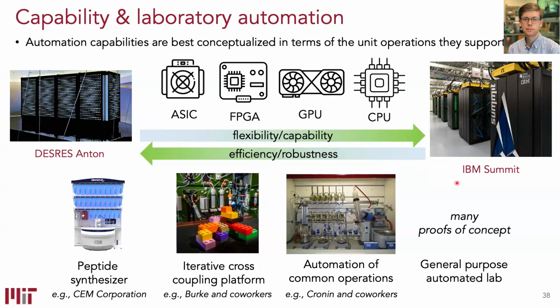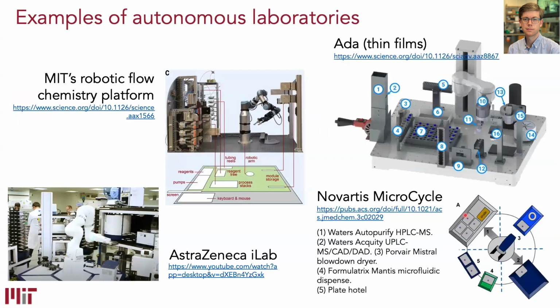But if you want to automate any type of chemical reaction and you're trying to have as general a purpose as possible, then you're sort of on the other side of this spectrum, and you have a system that's probably not going to be very robust, but it may be very flexible. And so this has influenced how people think about designing these autonomous platforms. And again, not just what they're capable of doing, but then the agency that you give to them, what experiments you let them run on their own.